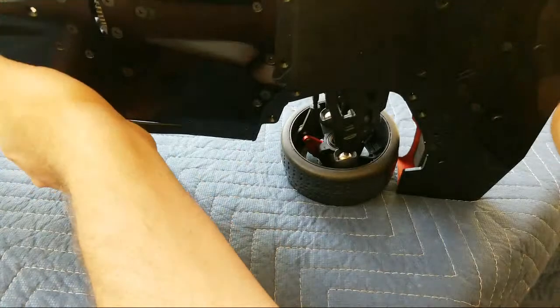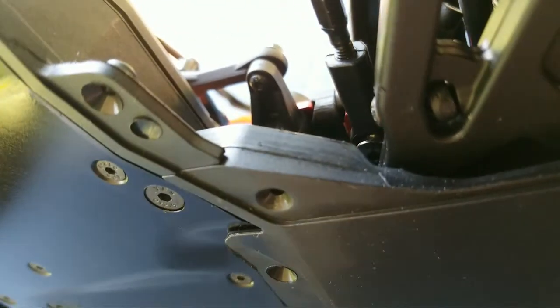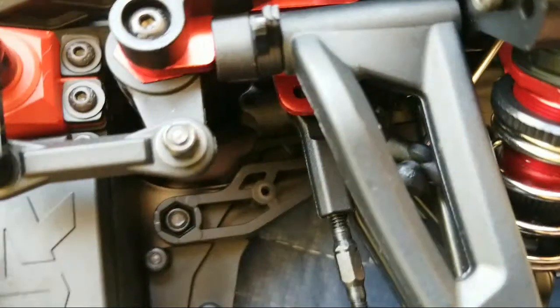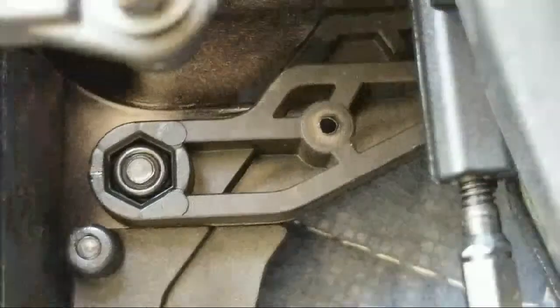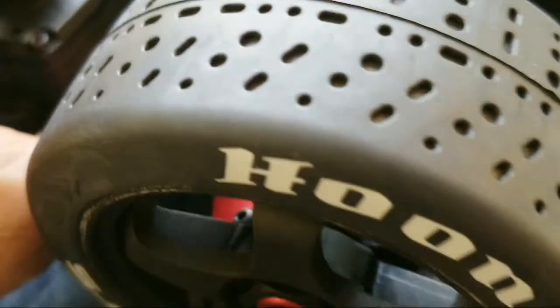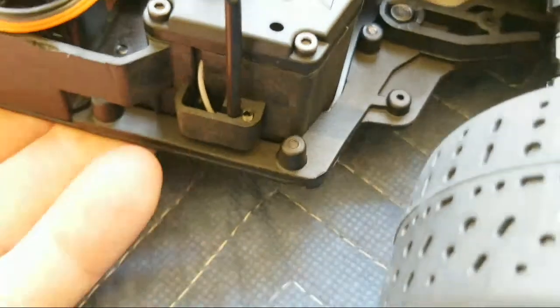Makes me wonder now. See that right there? Am I missing screws? The only reason I'm asking if I'm missing screws is because that screw right there actually goes into a piece of plastic on the top. When you look at the top of the car, that hole right there lines up with the bottom of the chassis. So does that mean I'm missing screws? I think I'm right. That screw right there? Yeah, that one. Is that supposed to have a screw in it? I could understand why that one doesn't have anything in it, because it doesn't really look like that goes anywhere, but